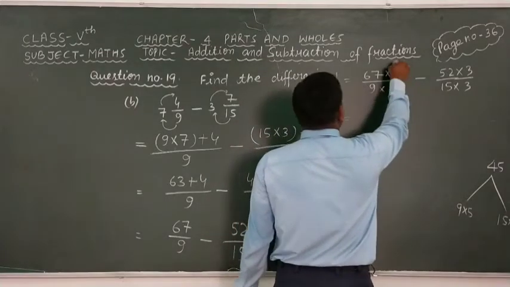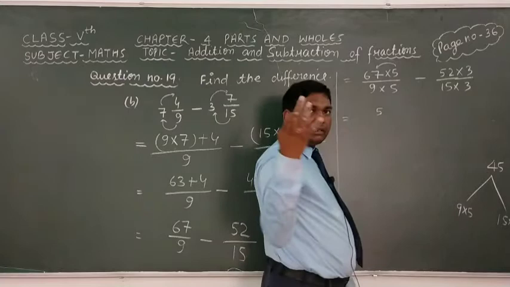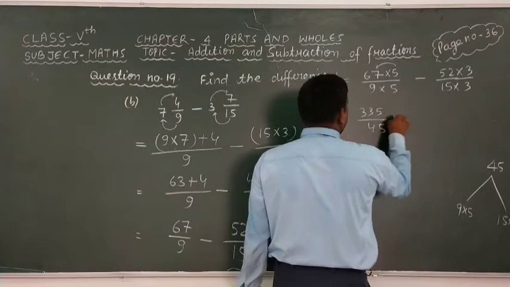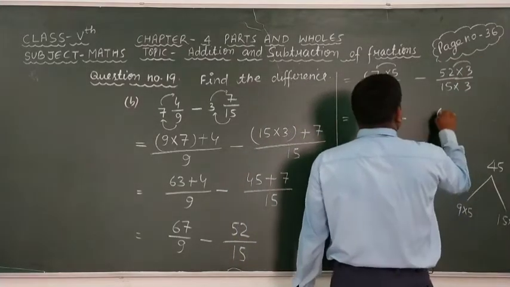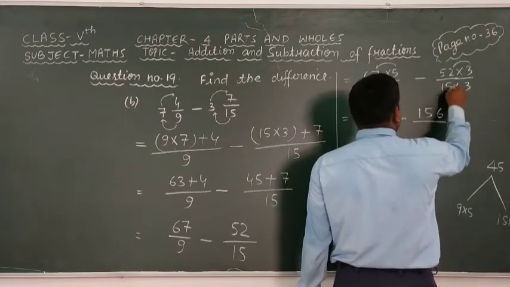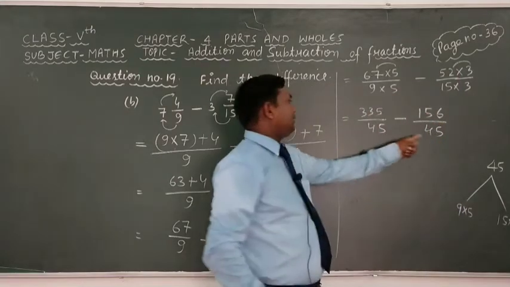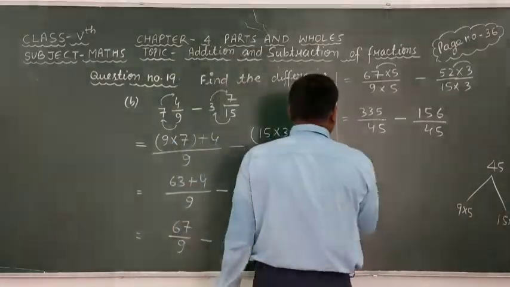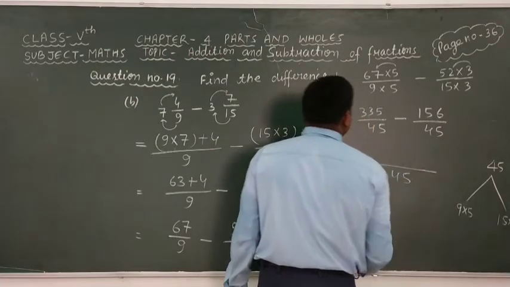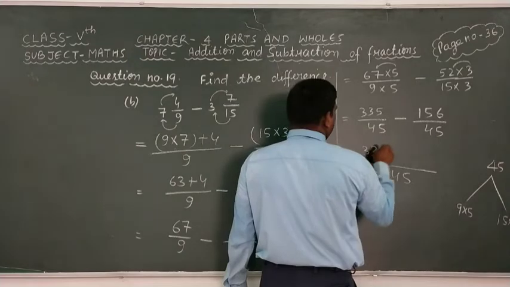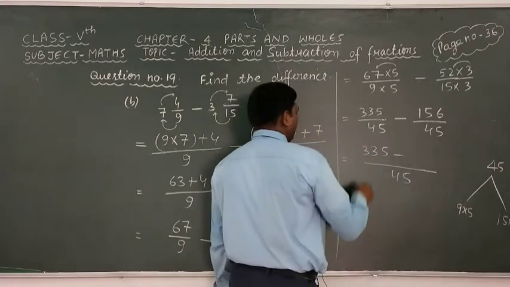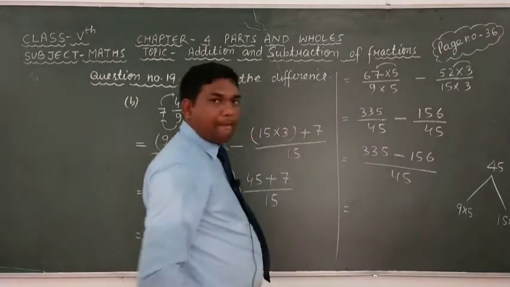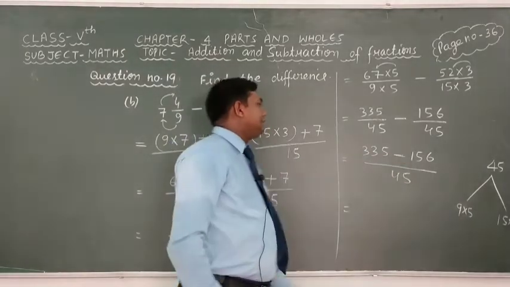After multiplying these we get 5 7 जा 35, 5 carry 3, 5 6 जा 30 plus 3 is 33 over 9 5 जा 45, minus 3 2 जा 6 and 3 5 जा 15 over 15 3 जा 45. This one, look at here carefully. Here we get denominators are same, therefore we can take 45 only. Okay, and we can write 335 minus 156 as this type. Okay, look, after subtracting these we get